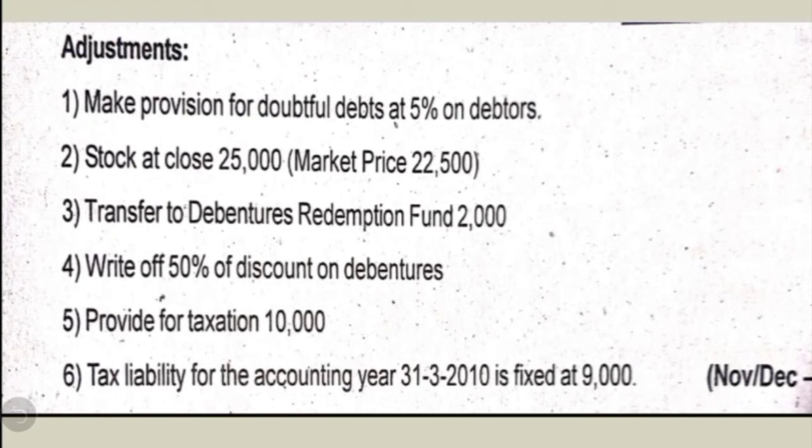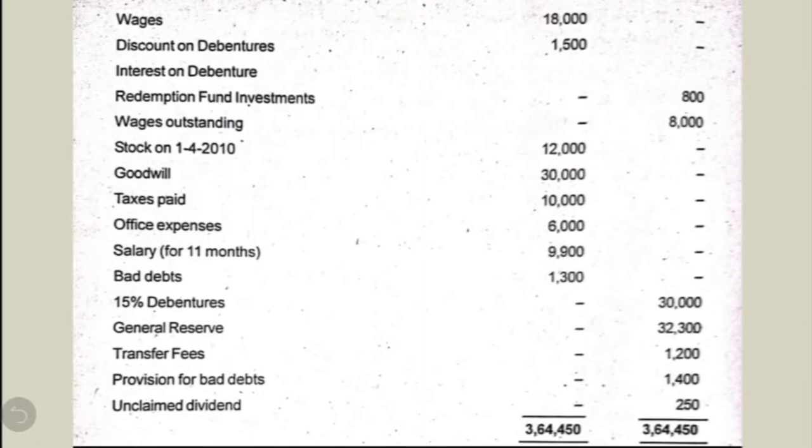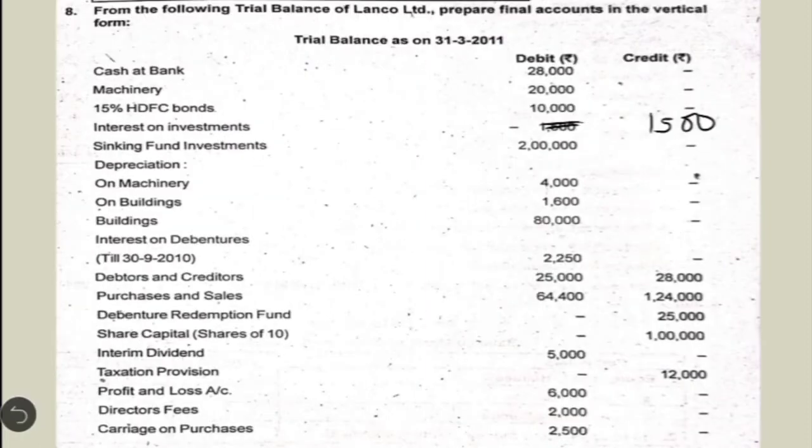Okay, so this is the question that appeared for 24 marks. So as usual we need to prepare the solution, or we need to show the solution in 4 steps. First we will be preparing the notes relating to profit and loss account, and then we are going to prepare the profit and loss account. In the third step we show the notes relating to balance sheet, and finally in the fourth step we prepare the balance sheet. So for that we need to first identify which items have to be shown in which note